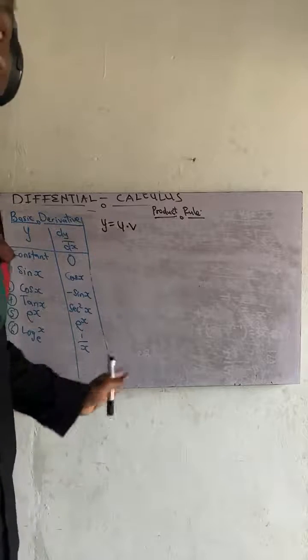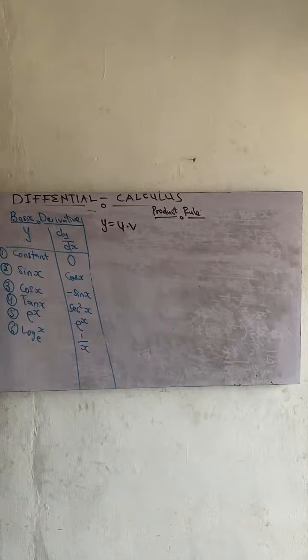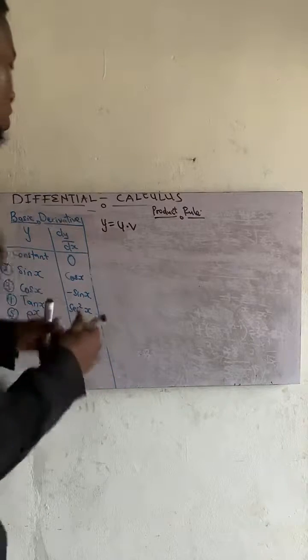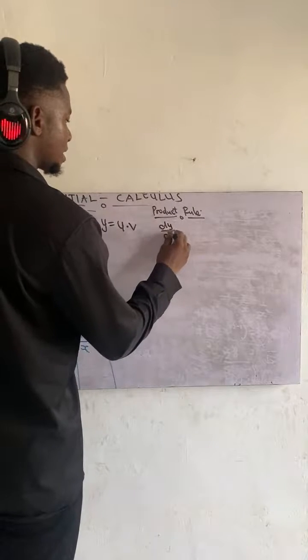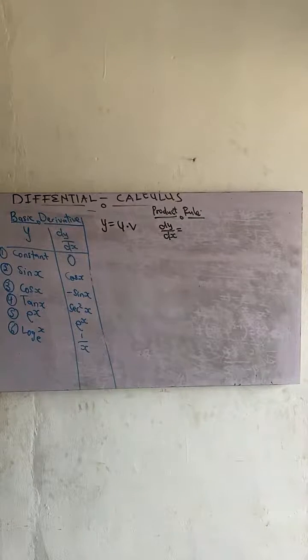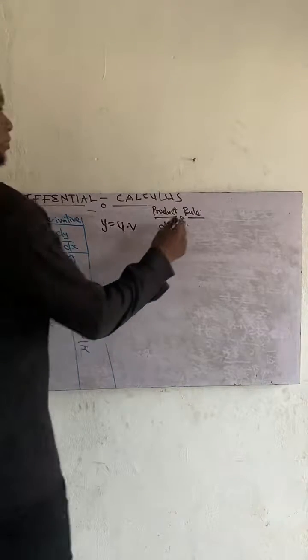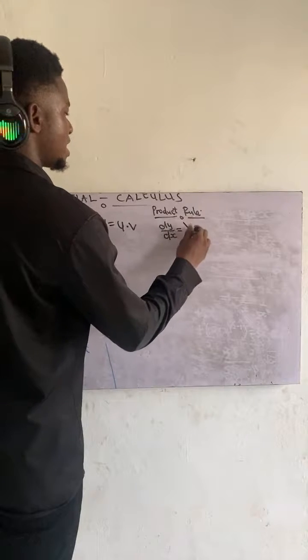So what am I to do? I am to use what? Product rule. Now, what is a product rule? Oh, what is a product rule? The product rule is very simple. The product rule is that dy/dx equals v du